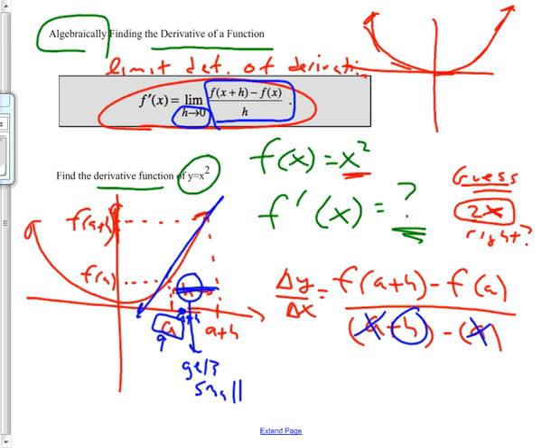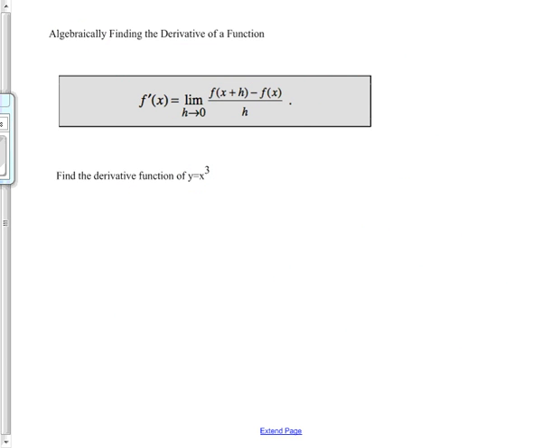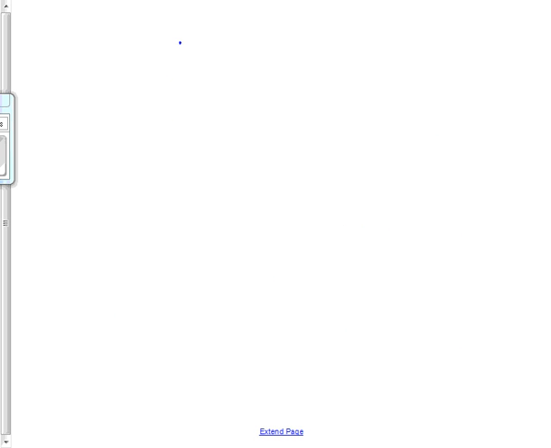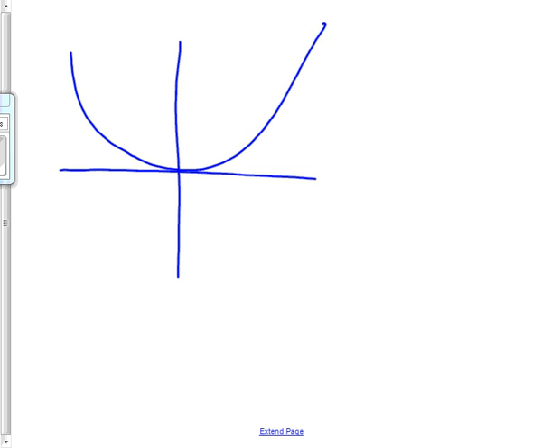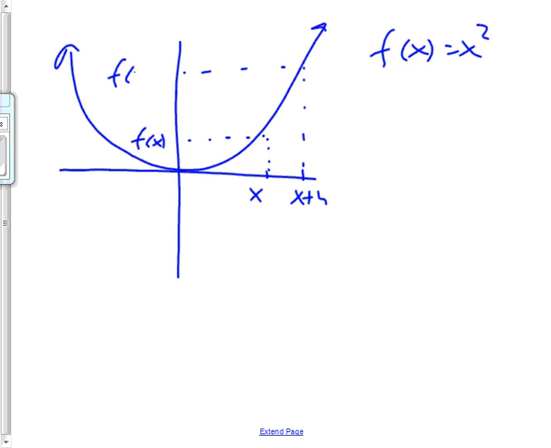So let me go on to the next page. Let me make a new page here. This is really important for your understanding of derivatives. So we've got the function f of x equals x squared. Now let's choose any point x and some point x plus h. Here's f of x. Here's f of x plus h. And the rate of change between them, so the slope of that line, is f of x plus h minus